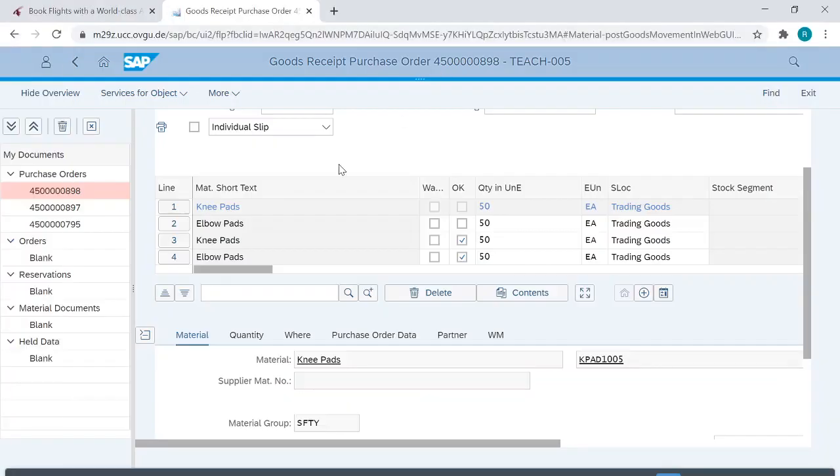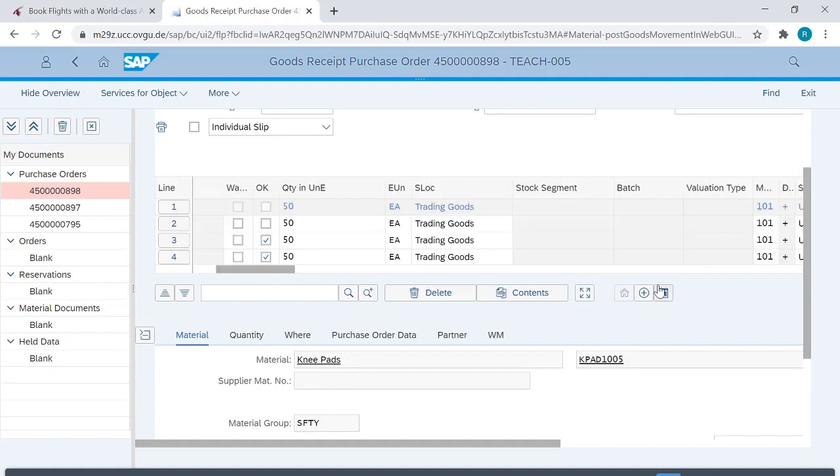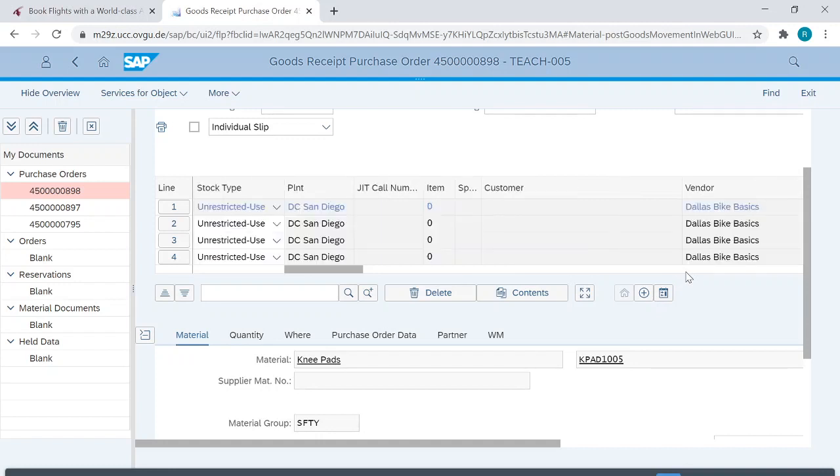So I need to see that all of these are done. The location is already set, but you people can check it. Under restricted, you can make it blocked or send it to quality inspection, for example if there is any issue, so you can block it or send it to quality inspection as well.